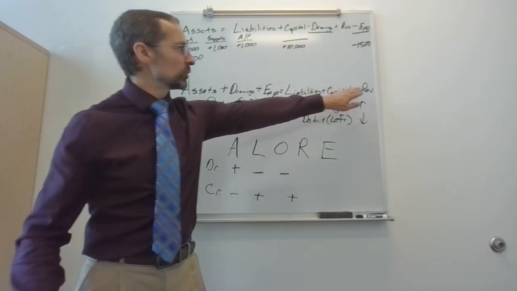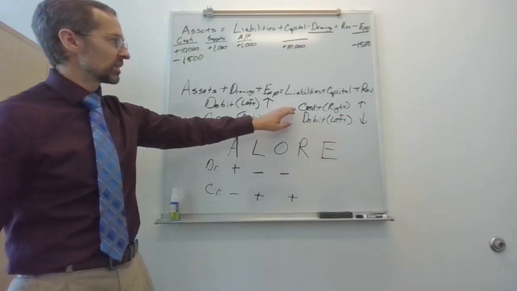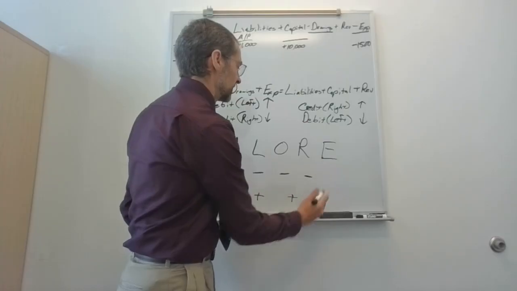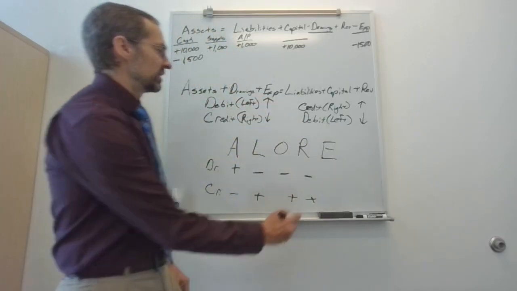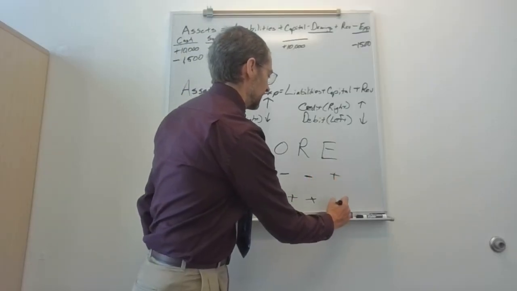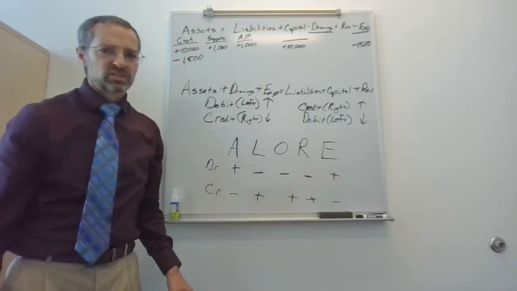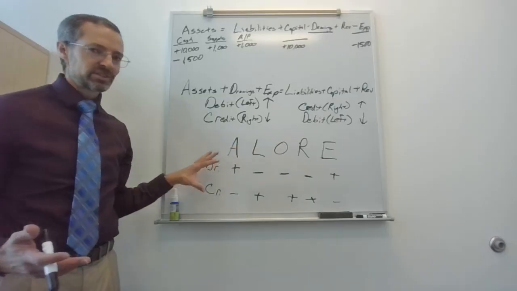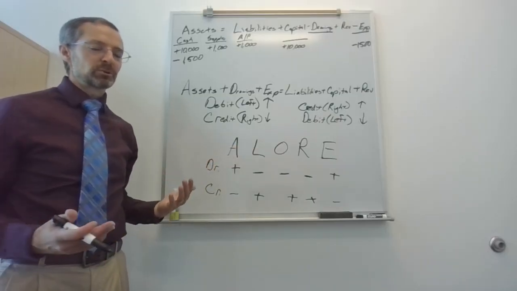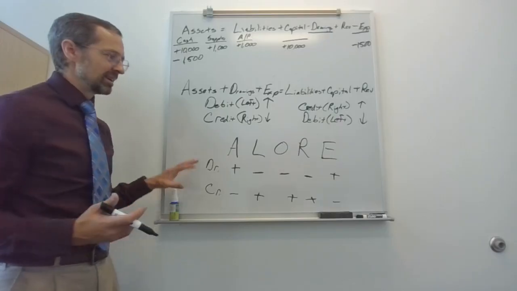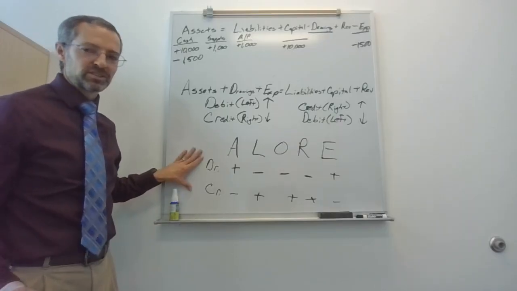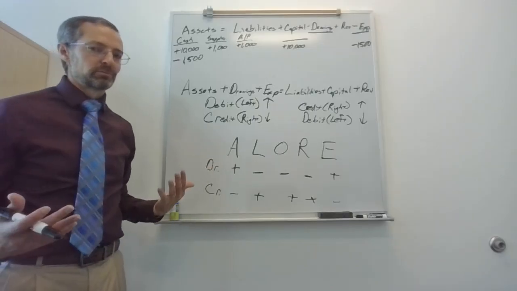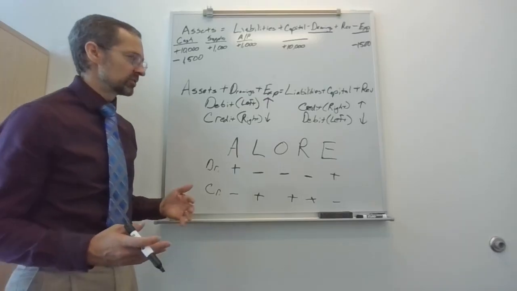Revenue, we said, well, revenue appears on this side of the equation, and credits make that one go up. So I'll just put my plus sign here, minus sign up there. Expenses were over here. Debits make those ones go up, and credits make them go down. So you can do this. And I would highly encourage you, if you like just having this chart until you get a lot more familiar with it and it becomes second nature, just write out this chart and have it next to you while you're doing the homework. And eventually you will memorize it and it will become second nature to you.